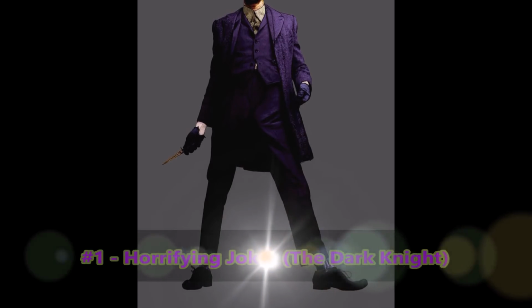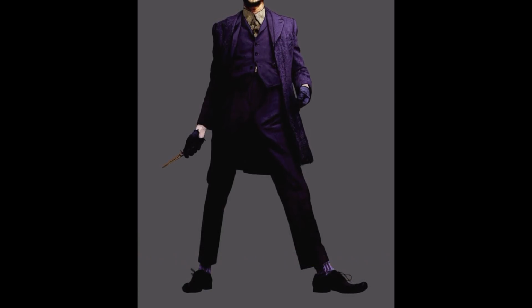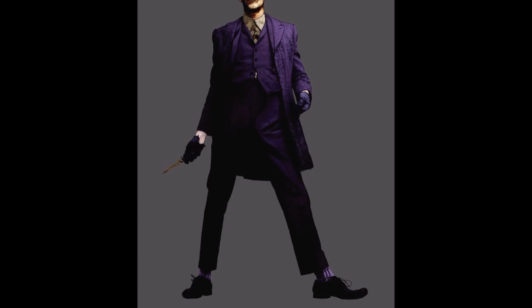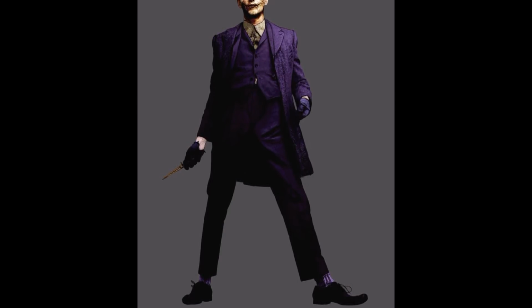And finally for number 1 we have the horrifying Joker from The Dark Knight. Now if you weren't convinced earlier on how The Dark Knight was originally going to be a much darker film, look no further than this piece of concept art, because this design is the stuff of your nightmares. And even in terms of creepiness, it even puts Heath Ledger to shame,